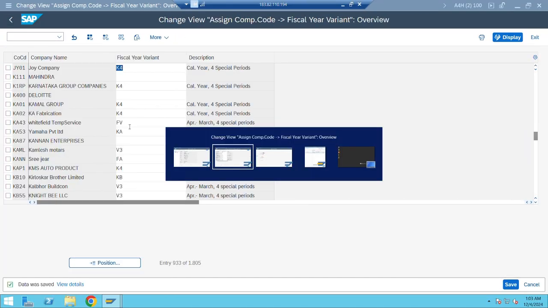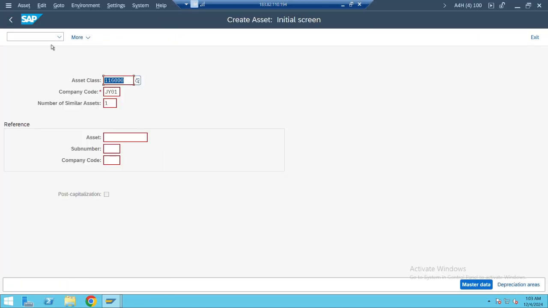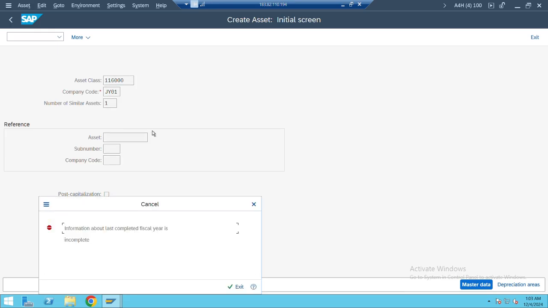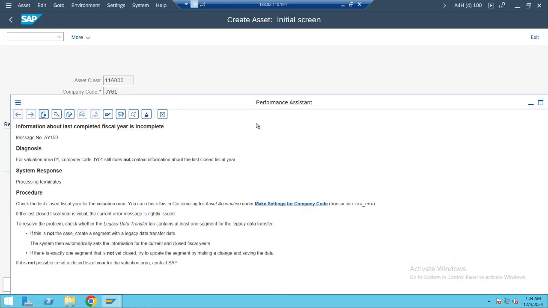Let me go back to this place now. Let me go outside so that you see AS01. I'll put the asset class again, put the company code, and click on enter. Now it's saying information about last completed fiscal year is incomplete. This error, let me just open the details. This error is telling us